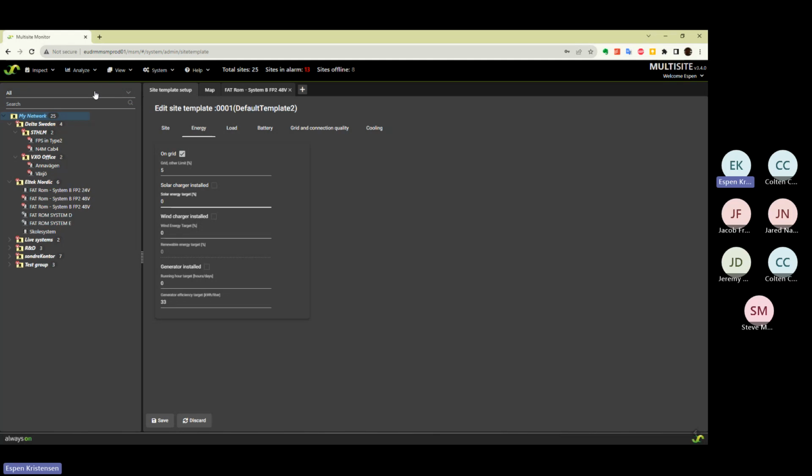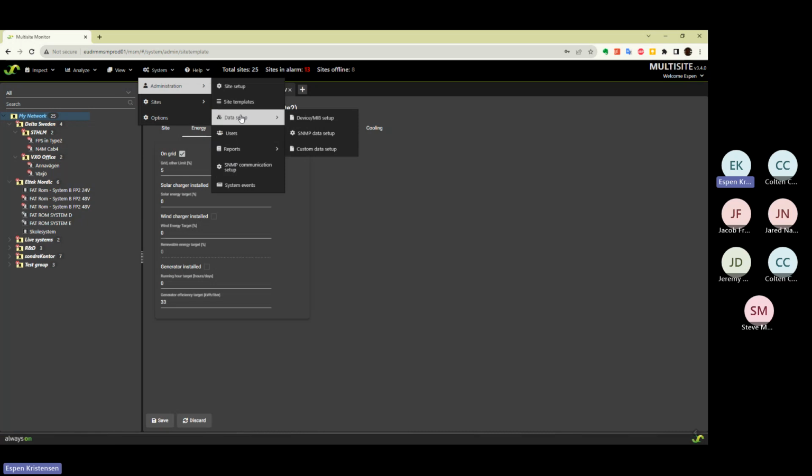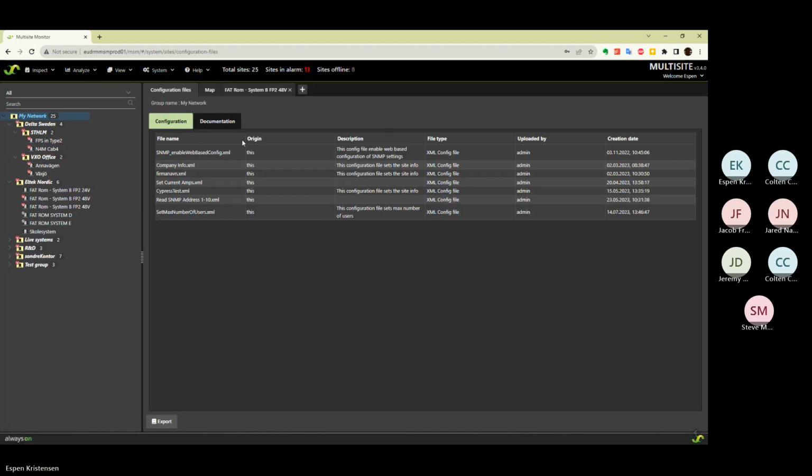if the site meets that criteria or not. If you are going to do a change to the way that the controllers in the system are working, if, for instance, you are changing battery disconnect voltage value or something in the control configuration, you will have to do it through a configuration file, which you can do through this type of files, where you create an XML configuration file based on the changes you do to one site, and then you can distribute those to the sites you want to, or you can